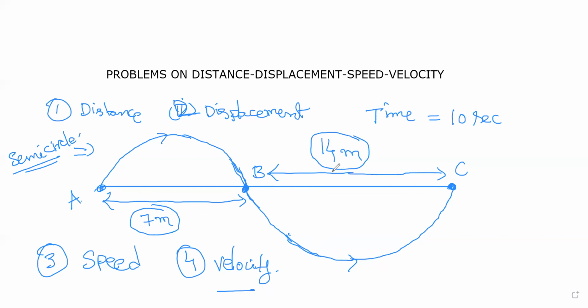Now the question is we have to find the distance, displacement, speed, and velocity. These are semicircles. Another thing given in this problem is that you can take pi as 22/7, and things get cancelled out so easily when you take pi equal to 22/7. Under these conditions, let us solve this problem. I'll redraw the structure once again. I hope you would have read the problem. We'll discuss the problem part by part.